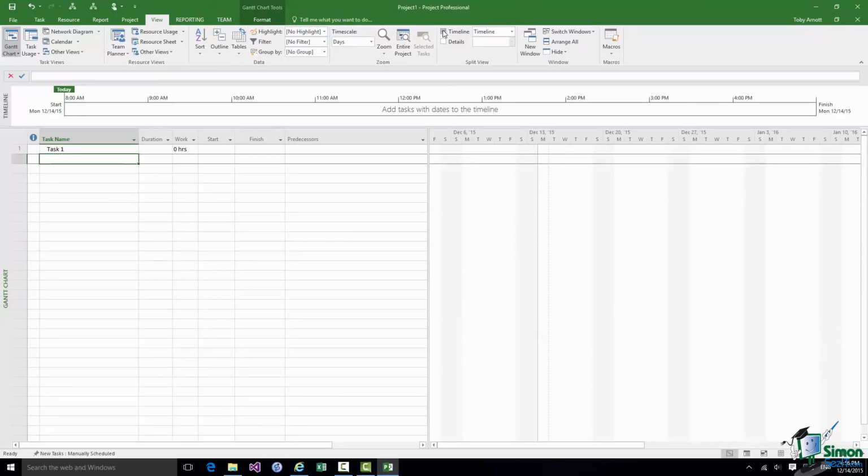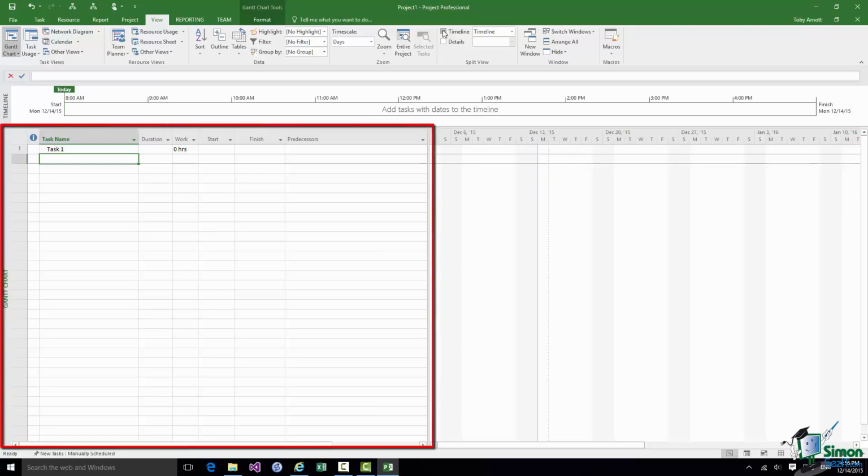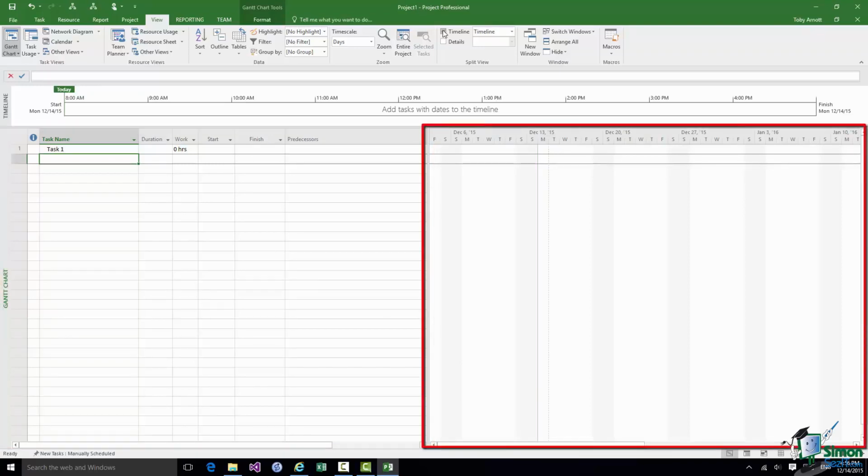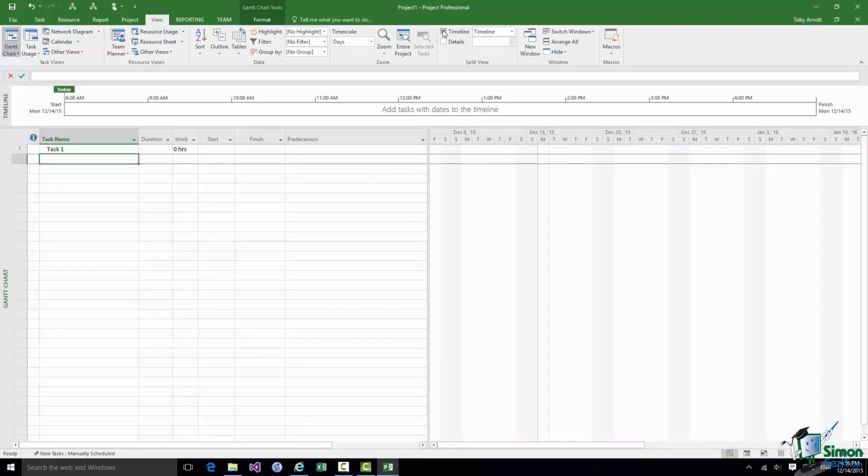Below the timeline is the main project window, and by default on my installation I show a Gantt chart, and the Gantt chart actually comprises two parts. It comprises the list of tasks. It's actually a table, and we refer to this as the table. And on the right we have the chart itself, which is normally a pictorial representation of the tasks in my project. Now you may or may not have a Gantt chart shown. If you don't, you'll soon find out how to show one, and there will be situations when you'll want to see one of the many other types of chart that you can show in the main window.